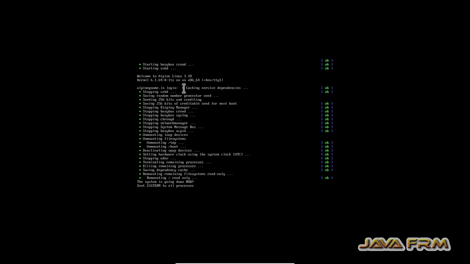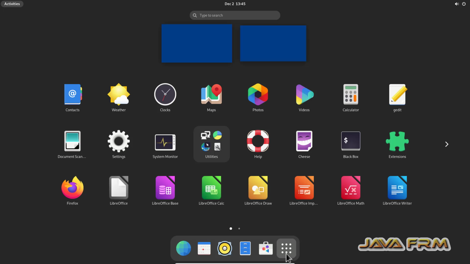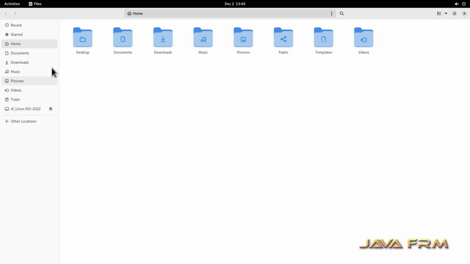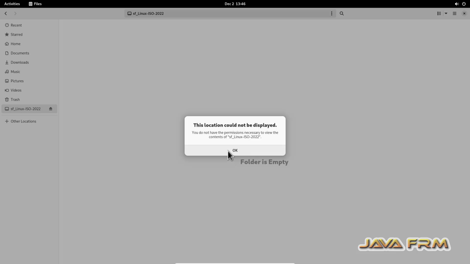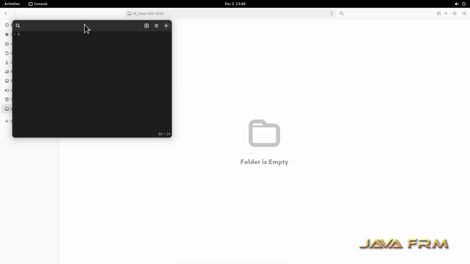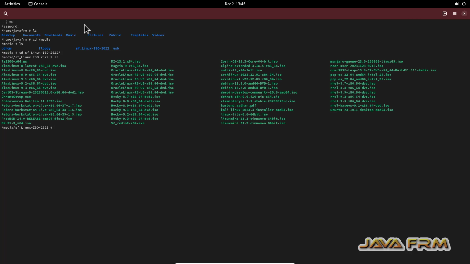Okay, I am powering up the virtual machine. So after rebooting, you can see that the shared folder got mounted here. Let me try to open the terminal. Only the root user can see the content of the shared folder. Yes, I am able to view the content of the shared folder, but I am unable to use the shared clipboard and drag and drop feature. So the shared folder is only working